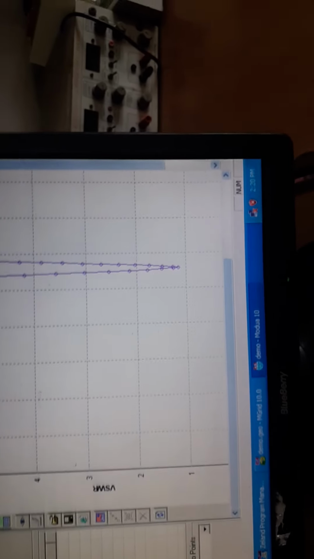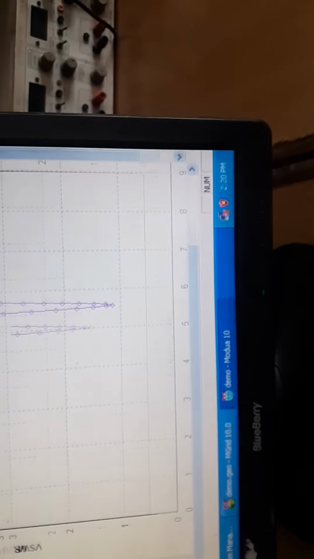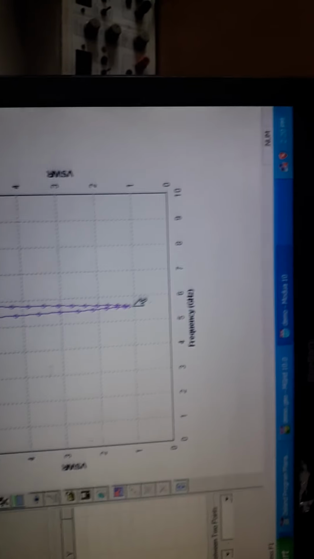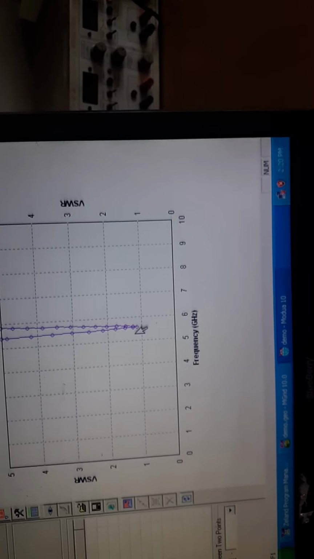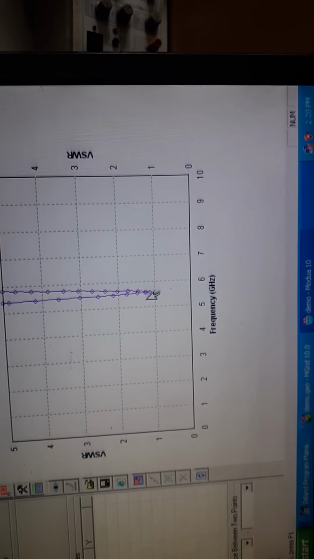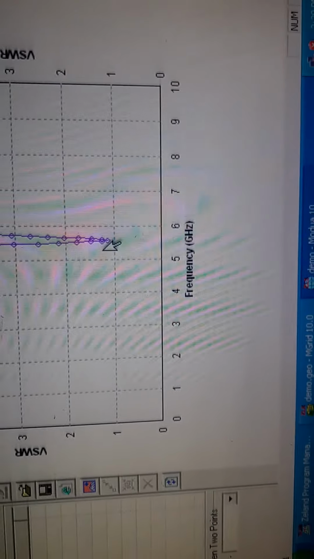We have to change the graph parameter axis from the y-axis. You see that at the same frequency, near about 5.6 gigahertz, the VSWR value is between 1 and 2. So this is used for a better result.